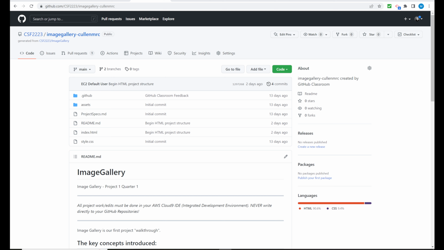Hey everyone, welcome to lesson 6 of the image gallery project. In this lesson, we're going to take a look at a very fundamental piece of CSS called the CSS Box